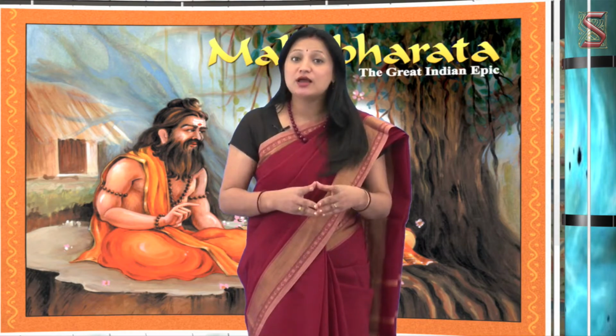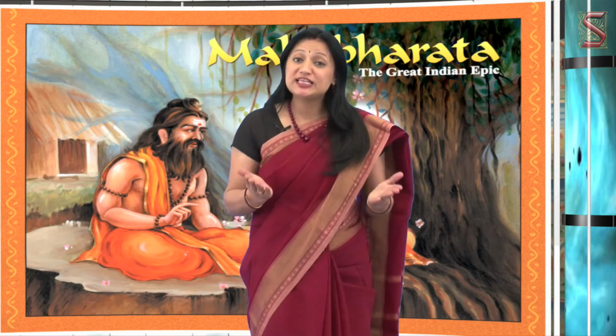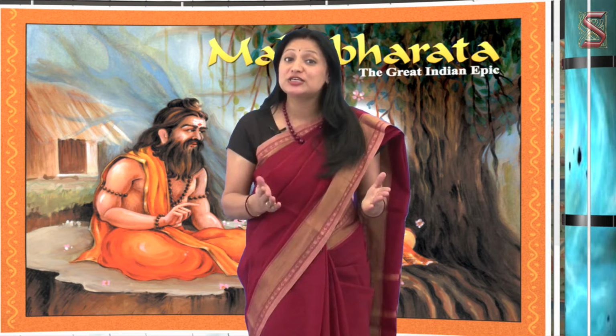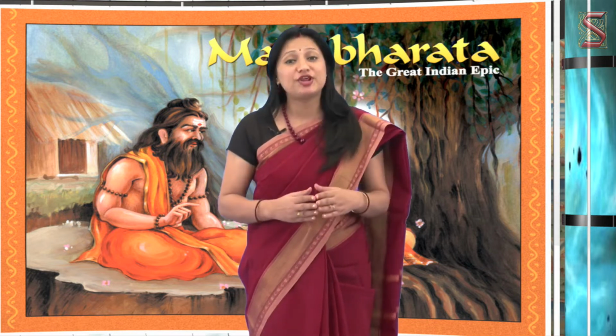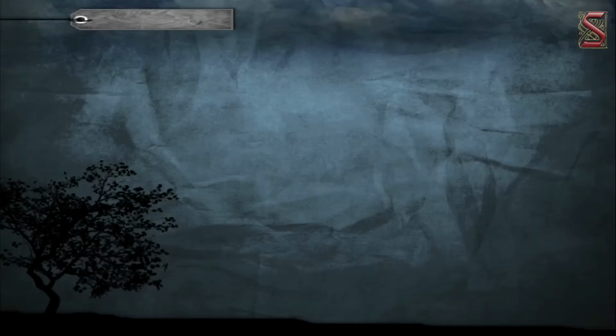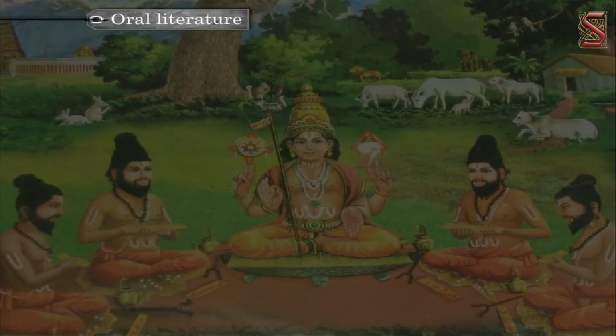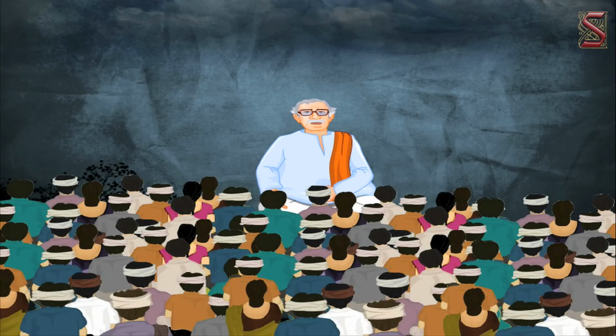All of you must have heard very interesting stories and songs from your grandparents. But have you ever wondered how they had originated? Most of the poems and stories were passed from one generation to the other. These poems or stories were not written but told from one generation to another. These are called oral literature. The oral literature, which is the earliest form of literature, has been passing from one generation to the other by word of mouth.